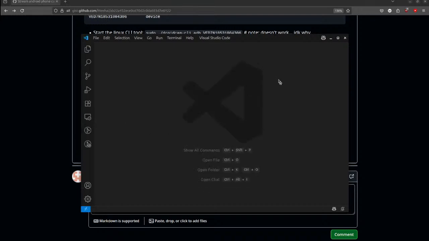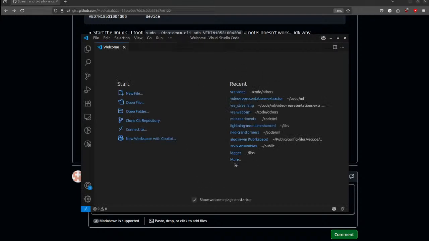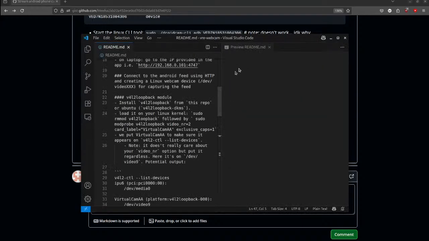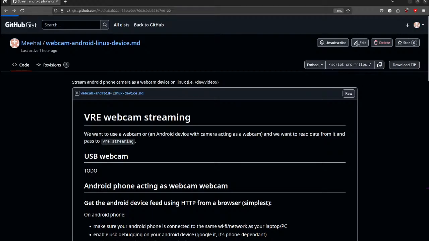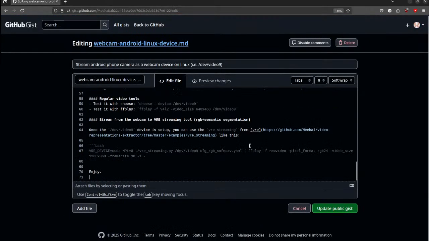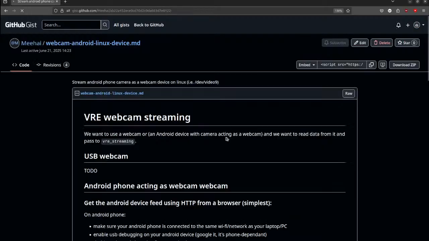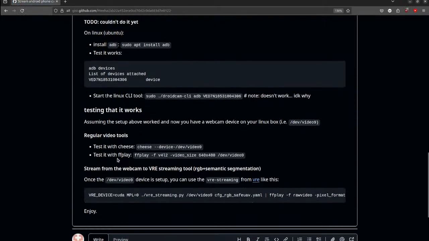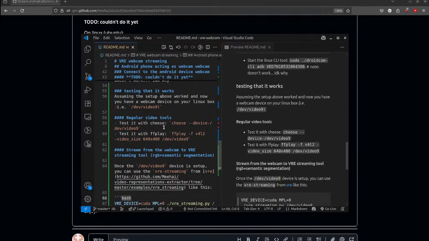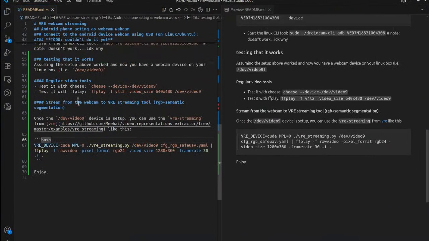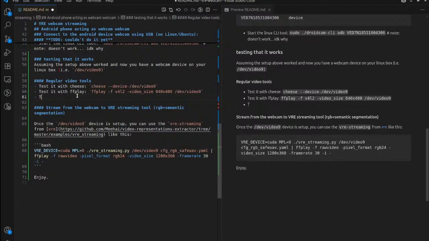Actually, I don't think I updated the gist, but I made it so it works with my video player as well. I have a video player that I made, but it's also like an ffmpeg wrapper. So okay, let's update this gist with the final. Right now it is not here. Actually, I didn't put it here for sure. So test it with VRE video player,